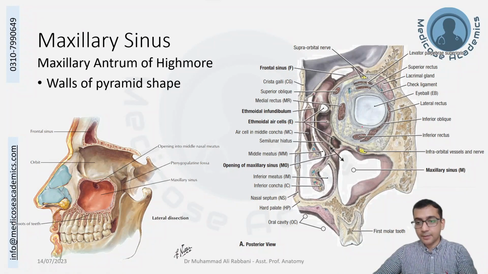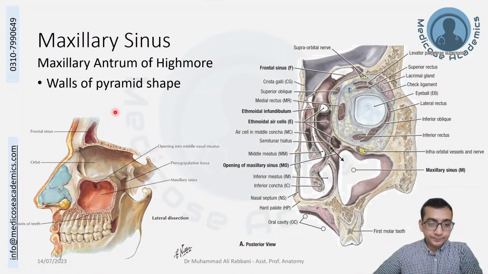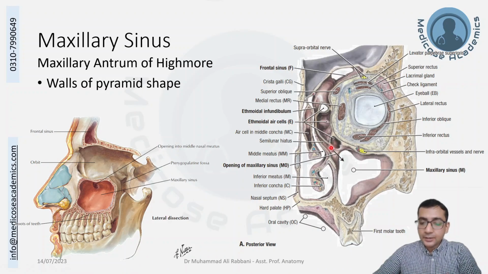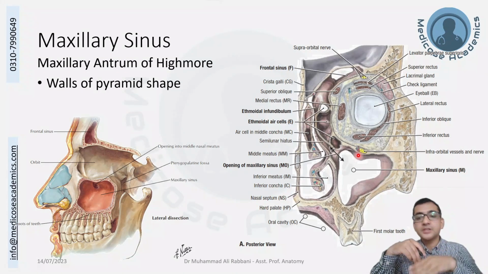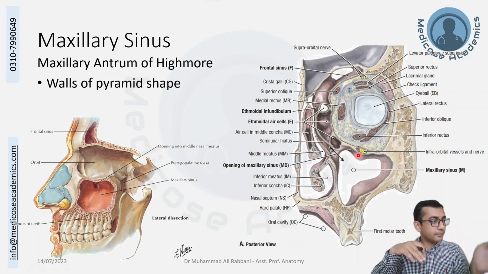There is the orbital cavity above, there are teeth below, there is the nasal cavity on the medial aspect. The sinus opens through this opening, that is the opening of the maxillary sinus, and you may notice that the whole of the maxillary sinus is below it. So this is the sinus that gets infected very easily because the fluid has to move up to go to